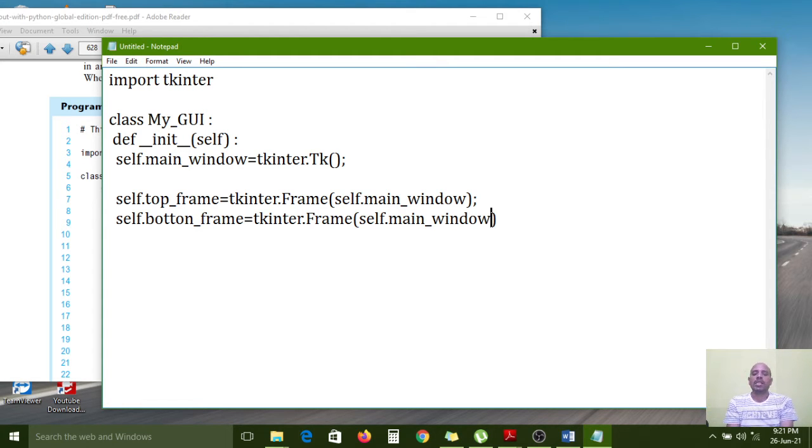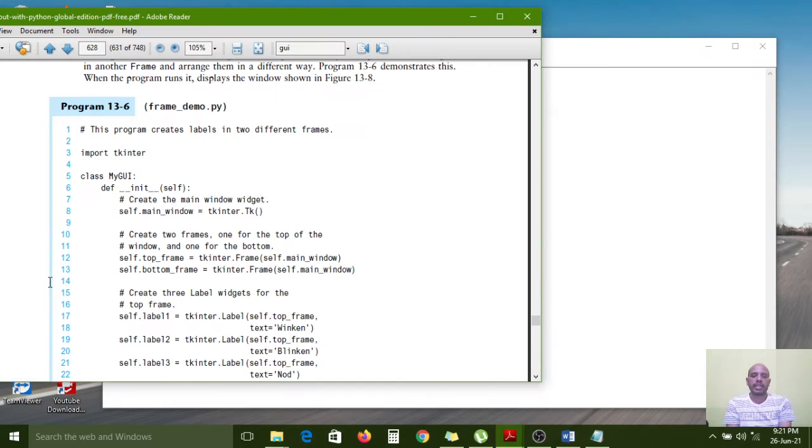In the main window. So that's why we are passing the main window object in the frame function. We are giving the information to the frame function: please divide this window only. So that information we are giving. So here the frames are also created.